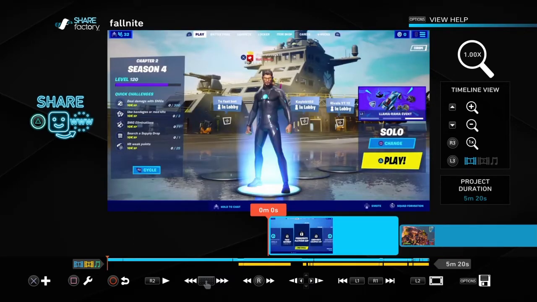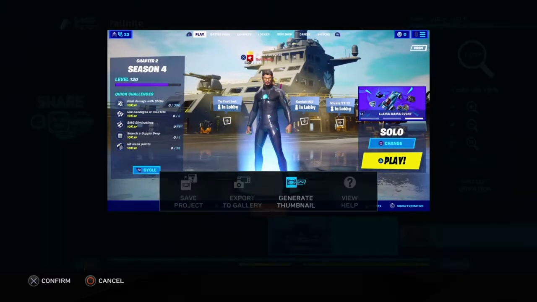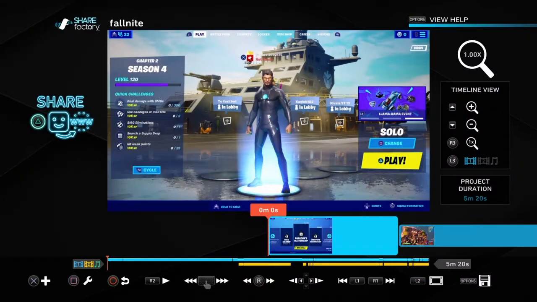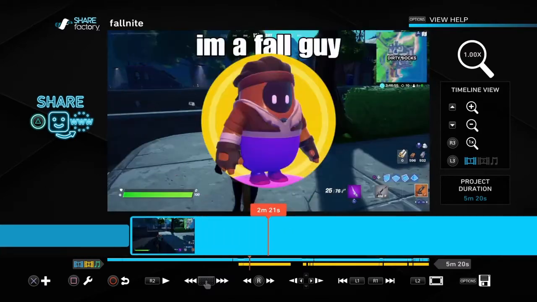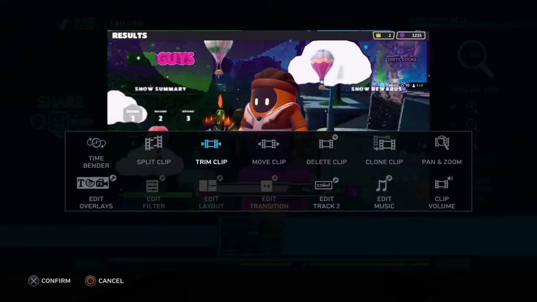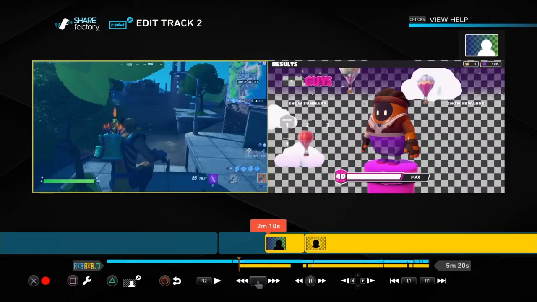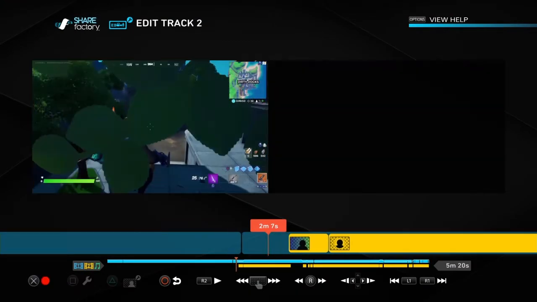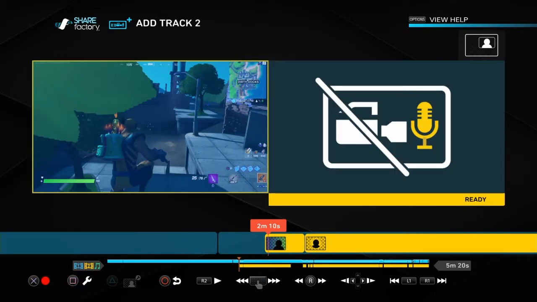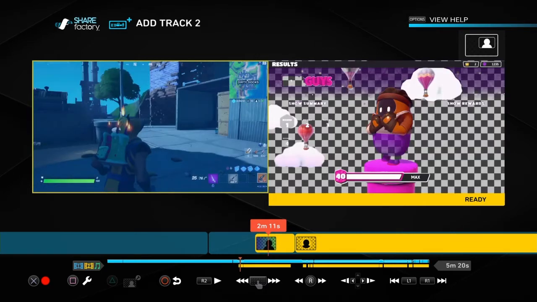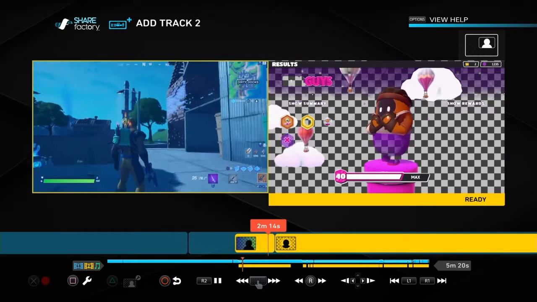Well, actually, all I did is I used Share Factory. Then I made a thumbnail by pressing options and then pressing on generate thumbnail, wherever you want the thumbnail to be. And all I did here was just go to edit track 2. I pressed X and then pressed X on add a clip. Then I selected this clip. Whoa! And